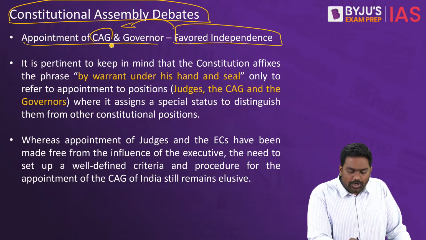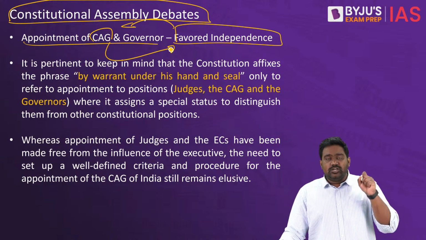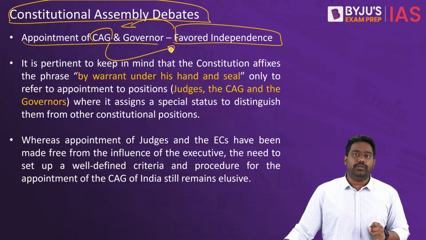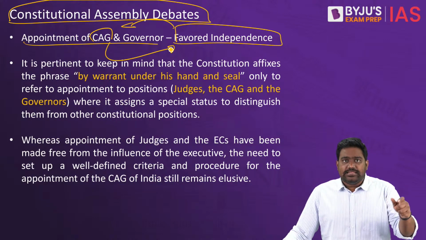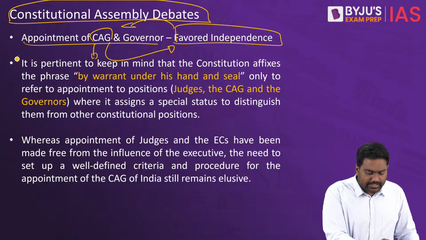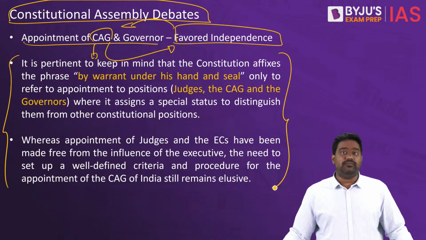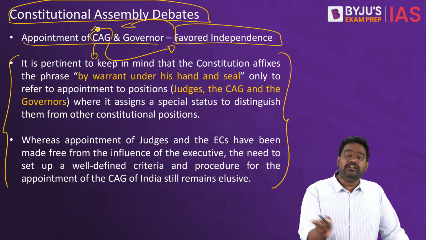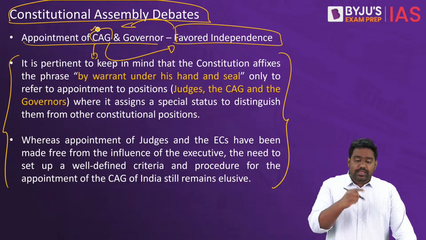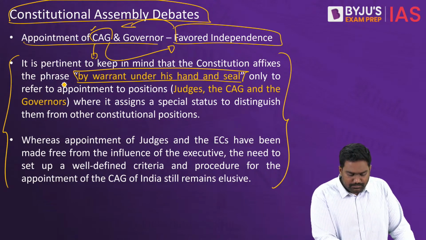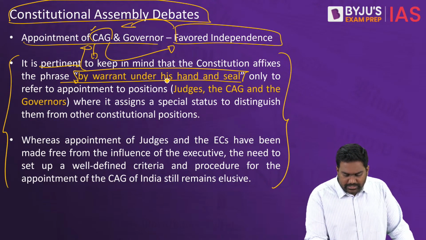While talking about the appointment process of the CAG, in the Constituent Assembly debates, it was made very clear that the CAG is a critical institution, as the CAG audits the finances of the state and plays a critical role in ensuring that the state does not misuse its financial powers. So when it came to the appointment process of the CAG, several amendments were introduced in the Constituent Assembly to make it more independent. Here clearly the wording used is the President shall appoint by warrant under his hand and